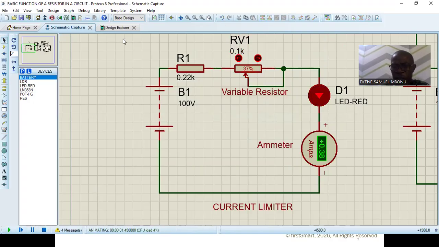You see, the value of current has done what? What happened to the value of the current? It has increased. Yes. Okay, so we move to the second point,